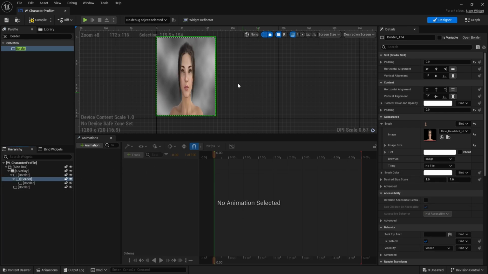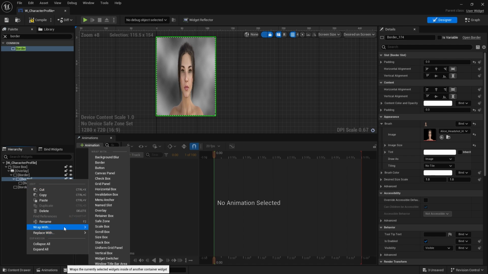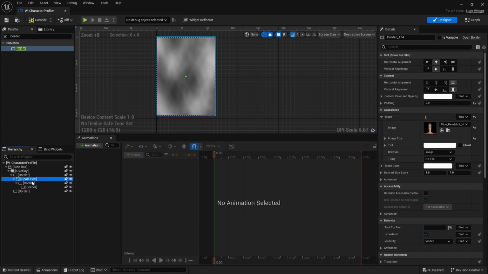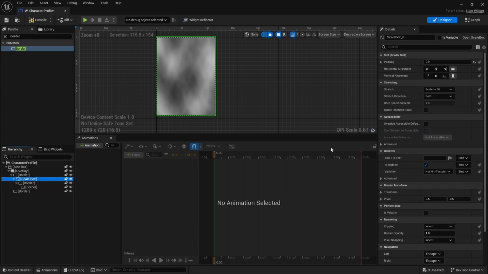And make that visible. So initially you're going to see it look a bit strange and stretched and squished. Okay, and that's because we've got a portrait image, but we've got a landscape headshot. So I'm going to wrap this border here with a scale box. I'm going to wrap with scale box there. The scale box here, we're going to change from stretch to scale to fit